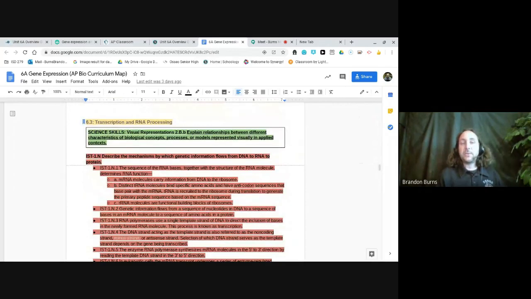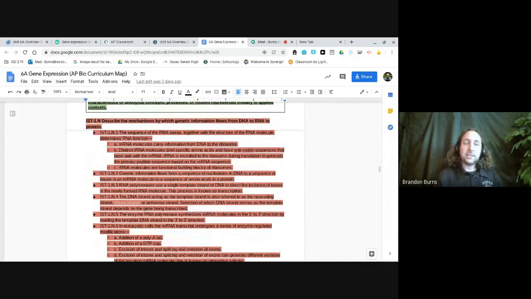And 6.3 is about transcription and RNA processing. So if you look at this, it says, for instance, the main learning objective is to describe the mechanism by which genetic information flows from DNA to RNA to proteins. Then we have it broken down into more specific requests. You're expected to understand that the sequence of RNA bases together with the structure of the RNA molecule determines the RNA function. So we understand that mRNA carries information from the DNA to the ribosome,